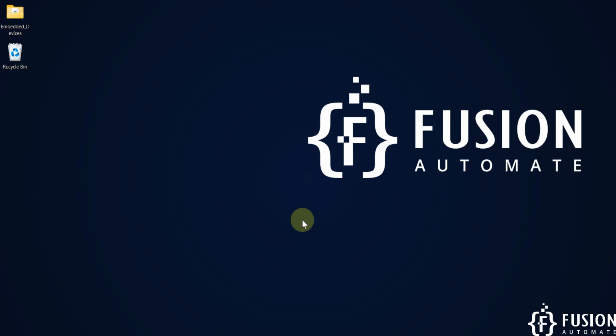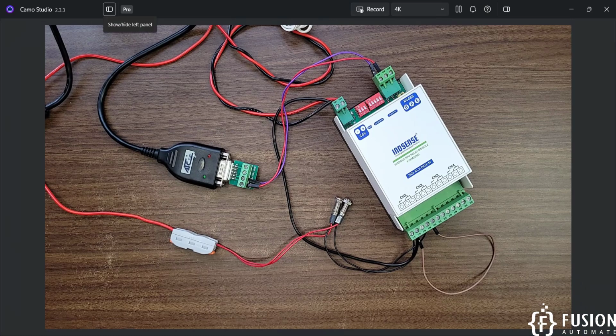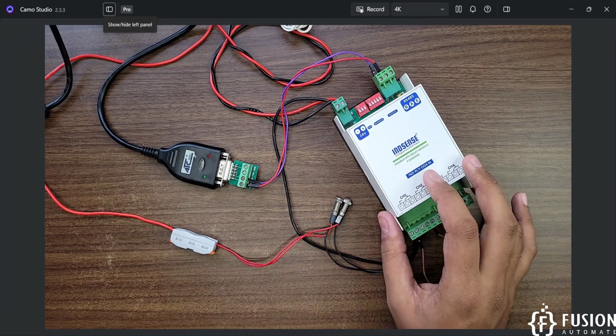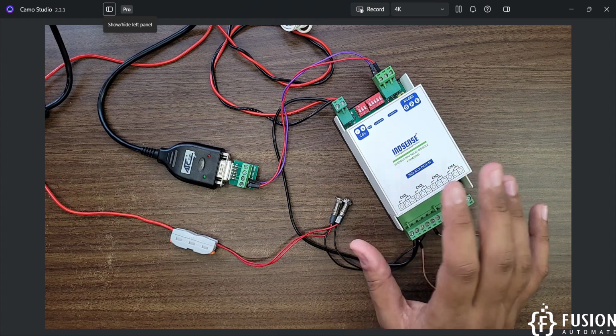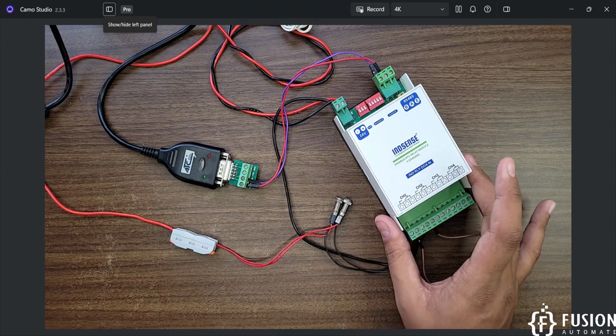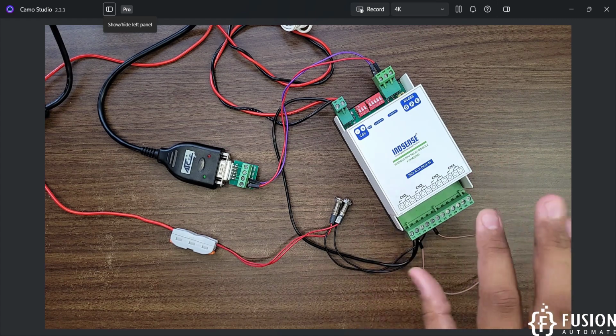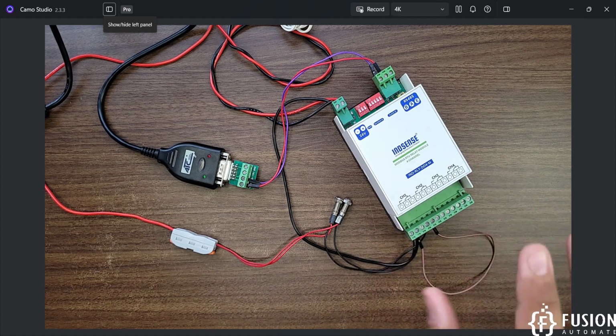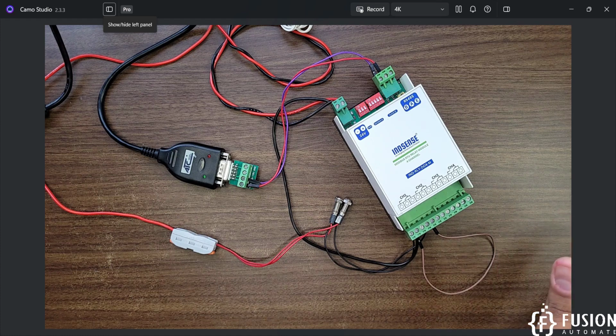Hi everyone and welcome. In the previous video we covered how you can integrate this INDSENSE Modbus RS485 4-channel relay module with Node-RED. We are controlling the relay from Node-RED as well as checking the status of the relay in the Node-RED dashboard. So everything we have covered, and that flow is available for free from our Buy Me a Coffee